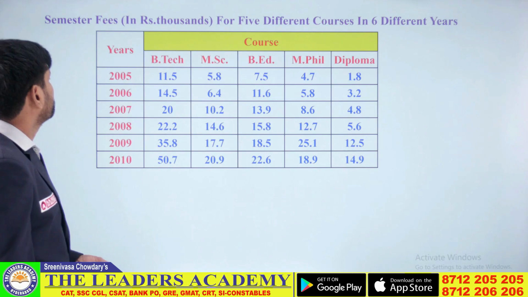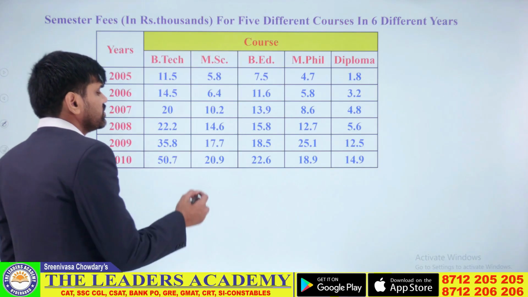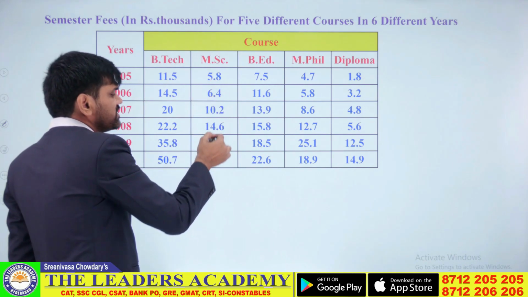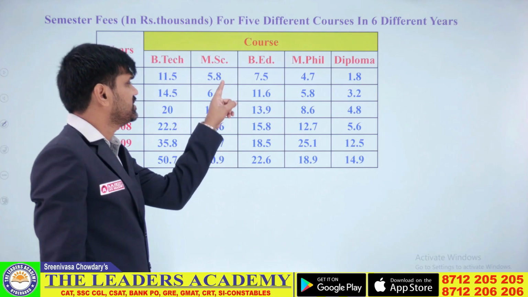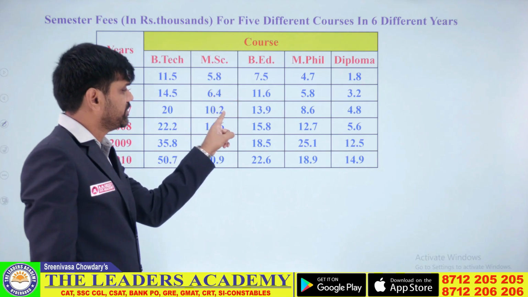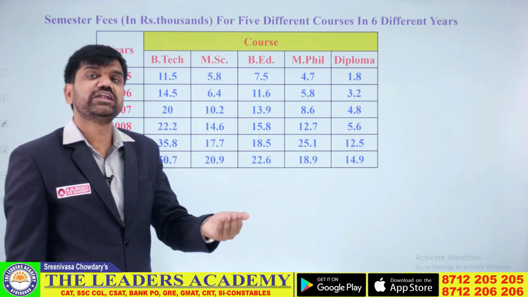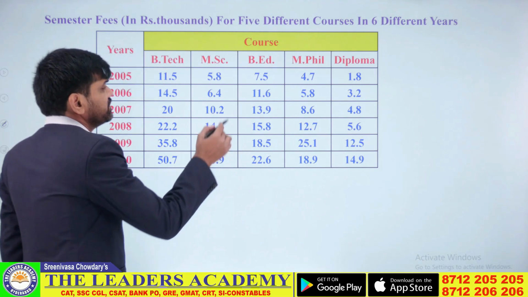So going ahead, which course are they asking for? MSc. Okay, for MSc, what is the total fee? You just add it here. When it is in decimals, without decimal you add, finally you can put the decimal. The advantage over here is every time the decimal is there after only one place. So that's why you just discard that. Add without decimals, finally you put decimal after one place from right. Chalo, going ahead with the addition here.